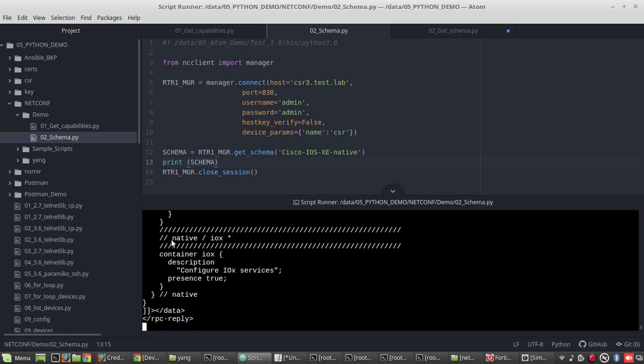Yeah, here you can see this device has responded with the IOS XE native data model's schema.